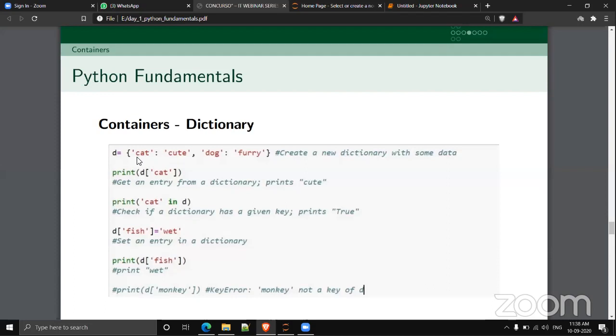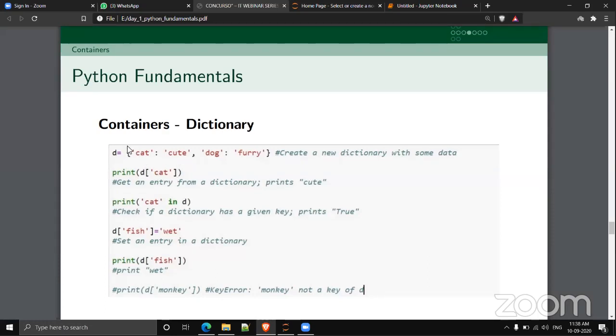Here cat is the key and cute is the value. Dog is the key and furry is the value. So we maintain the collection of elements as key-value pairs, so that we can use the key as an index for getting the value. We can use cat as a key to get the value cute.